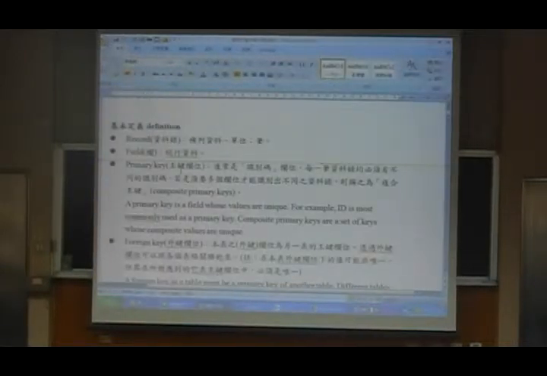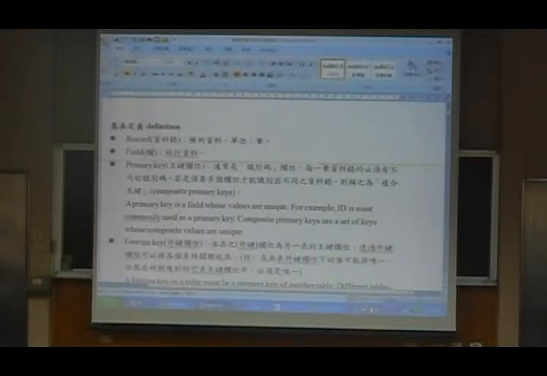Field. So next one is a field. 我们讲栏位，英文叫做 field. Field 是直的，纵行，中文里面横的叫做列，这叫一列，这叫一行，这叫一行，这叫一列。OK,